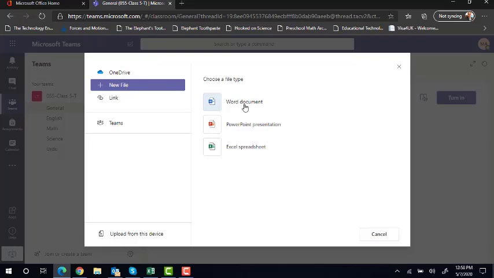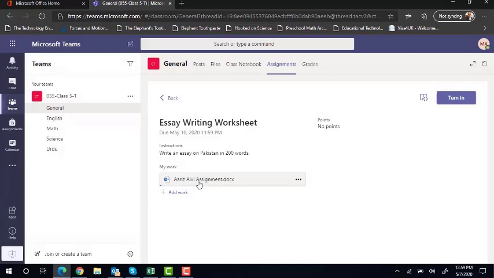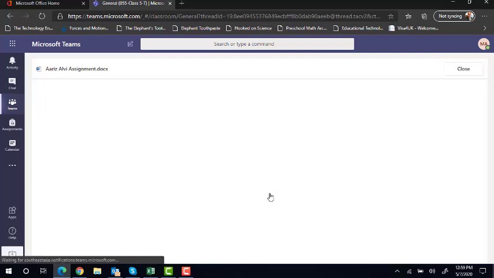You can simply click on Word document. You can give it a name, say RSLV assignment. Right, and you can say attach. Now this file is there, but this file is empty, so you have to enter information. So if you click these 3 dots, it will say, do you want it to open in Teams? I will simply click on open it in Teams,